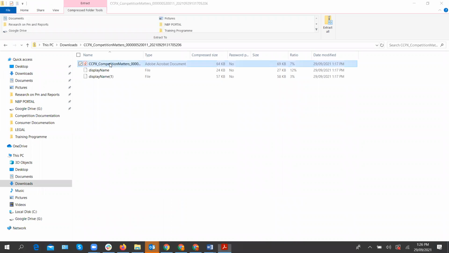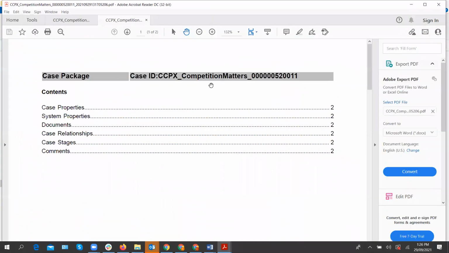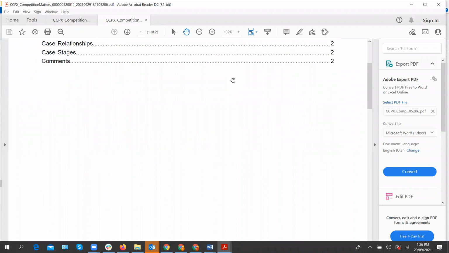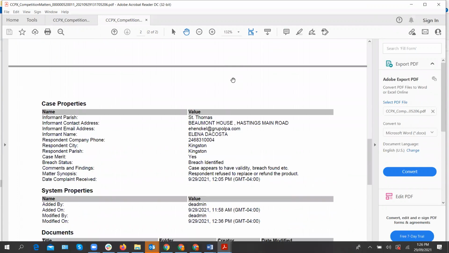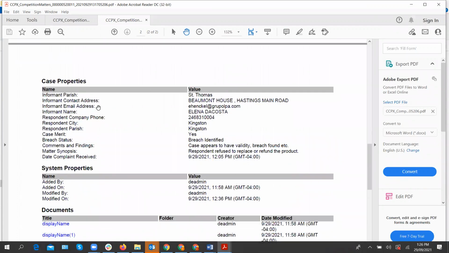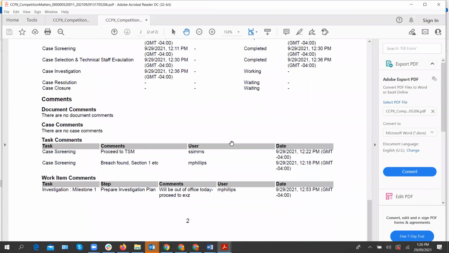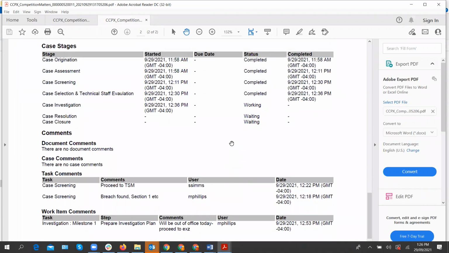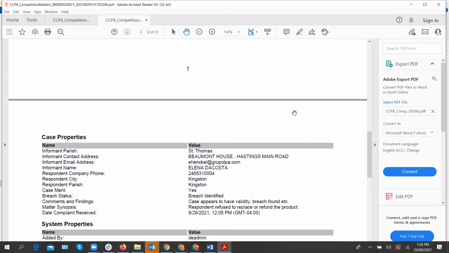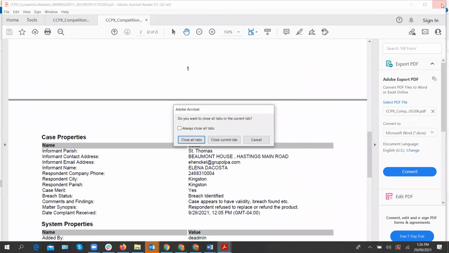This is what's created. After, you can see it's smaller, right? Less information, or much less information. And you can see the informant, parish, whatever, informant name, respondent, etc., when it was created, and basically only what we selected, right? Yeah. And so now your question is,